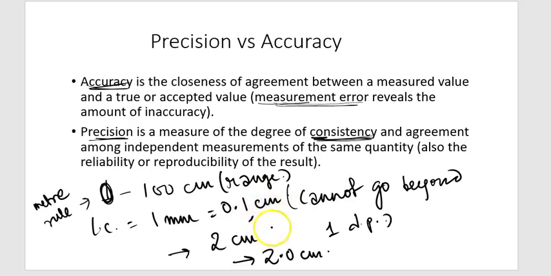If I were to use a screw gauge, the least count is 0.01 millimeters, right? So it becomes more precise. The degree of consistency needs to be higher because there are more number of decimal places being considered. So we are actually looking at a kind of precision which is overriding the precision due to another instrument which has a greater least count.